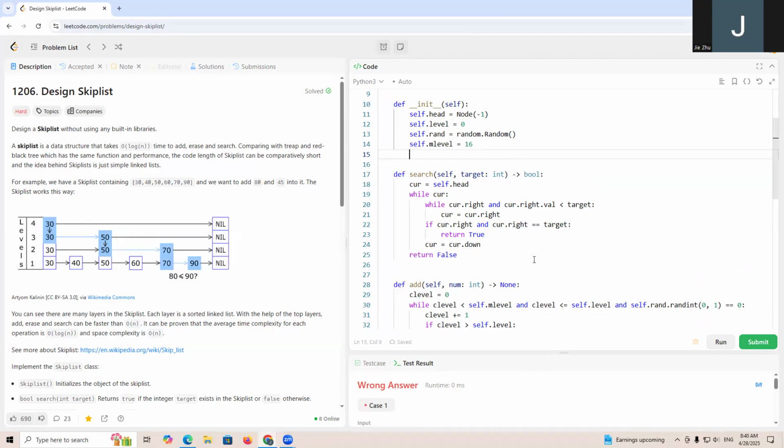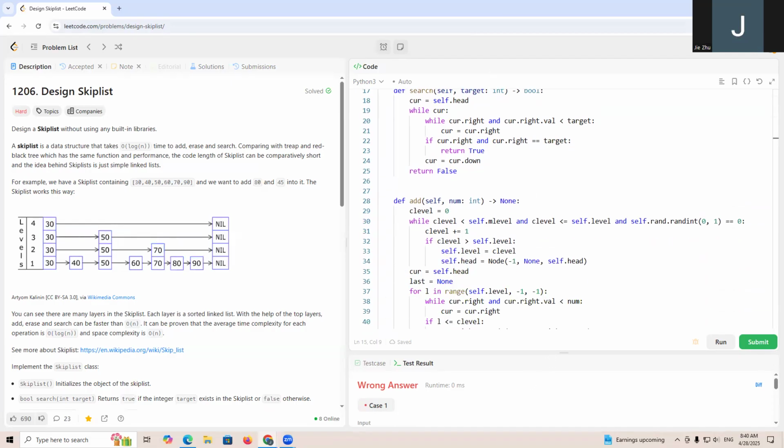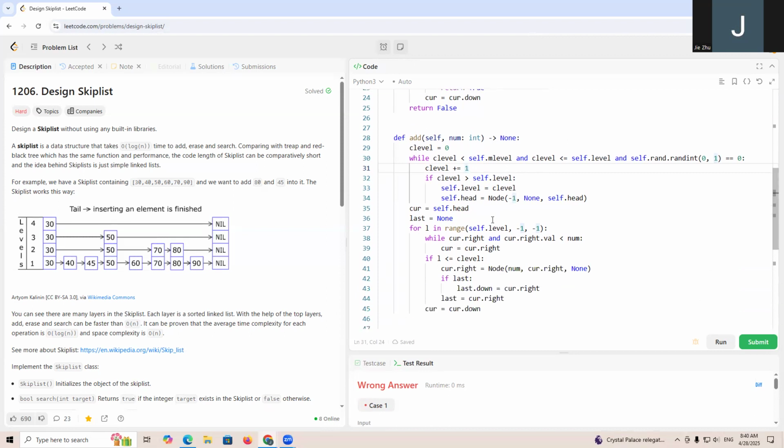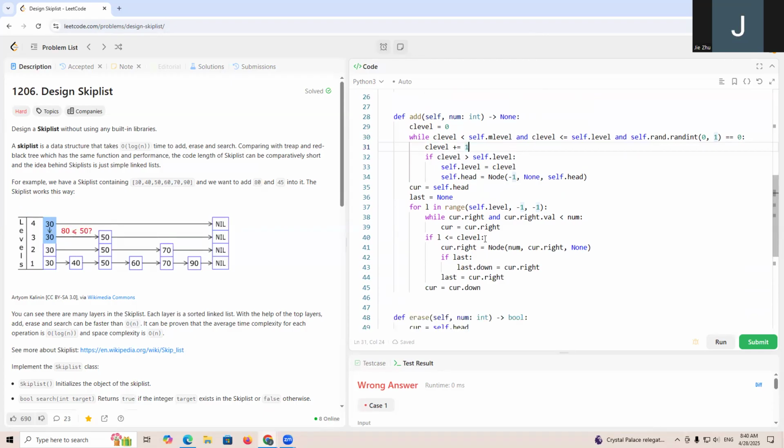And for add, what we're going to do is that we have this one smaller or equal to, and this one equals 0, then this one increases by 1. If this number is greater than self.level, then level equals current level, and current equals self.head, last equals none. For level, while current.right and current.right smaller than the number, because if this one is smaller or equal to current level, right? So we are going to current.right